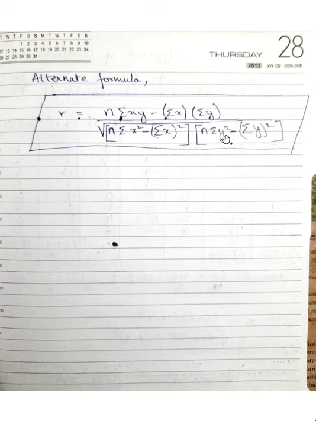Again, summation y square is the same. We will first find y square, add all the y square up, and then we get summation y square. But summation y whole square is when we just add y first and take the square of the summation. We get summation y after adding all the y's and we take the square of whatever we get. So this we will look at later.